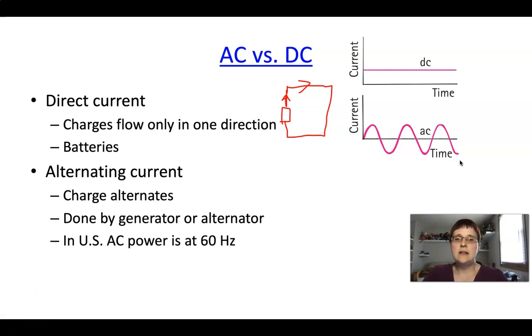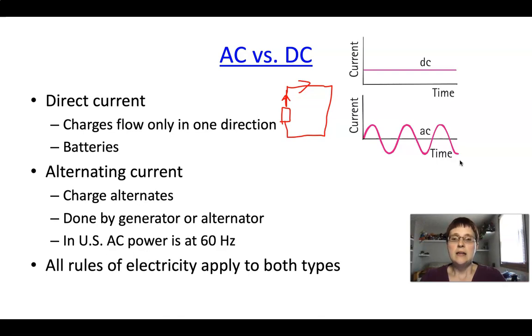In fact, in the United States, our frequency for AC power is 60 hertz, meaning that every 60 seconds it switches. And in other countries,